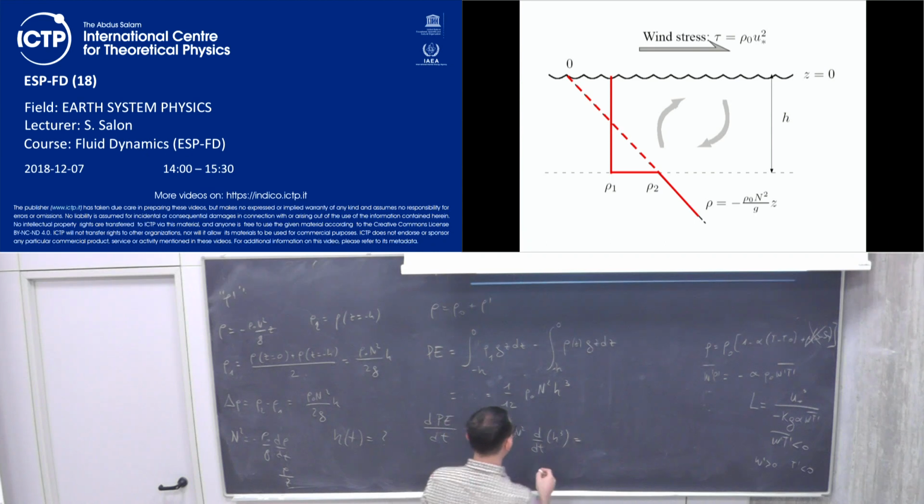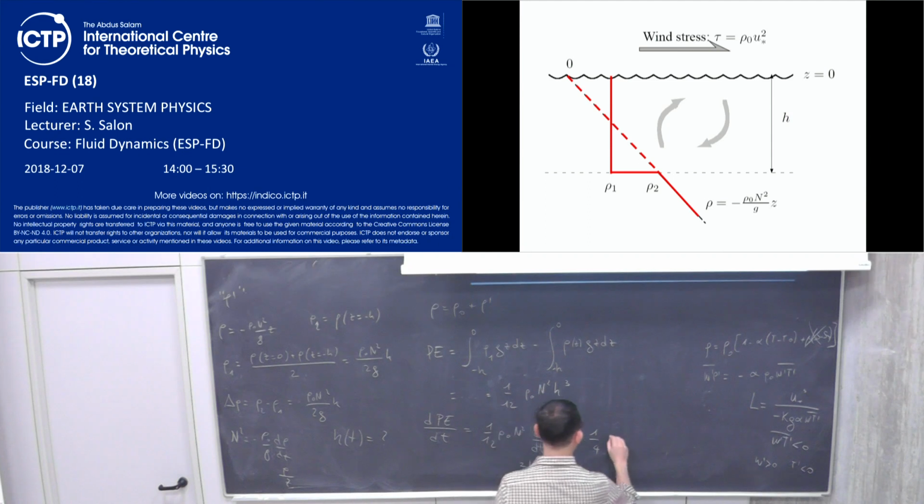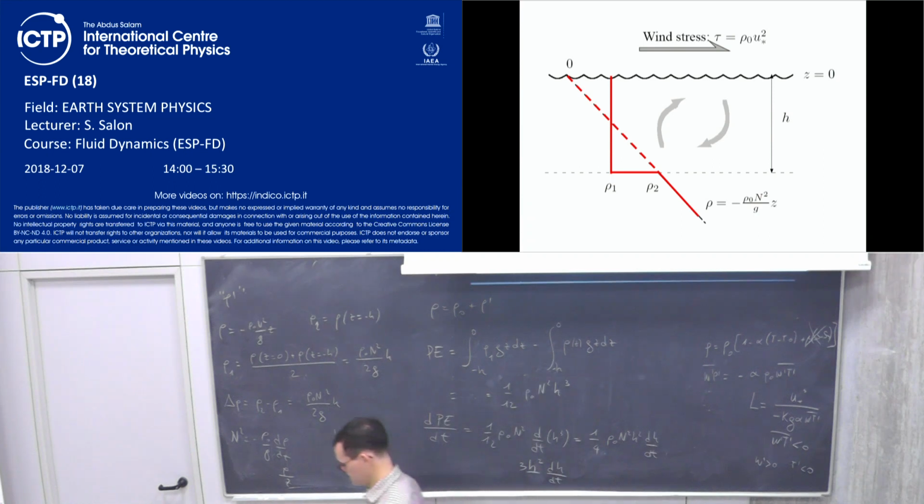Time derivative of h cubed is nothing more than 3h squared dh over dt. Okay? And so this will be 1/4 rho 0 N squared h squared dh over dt. Okay,